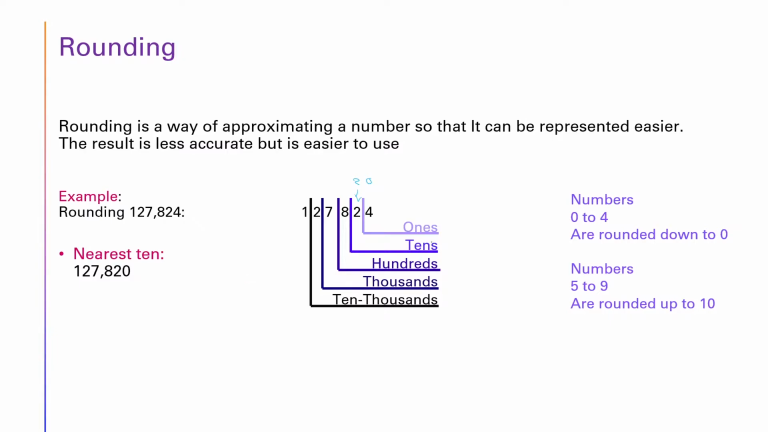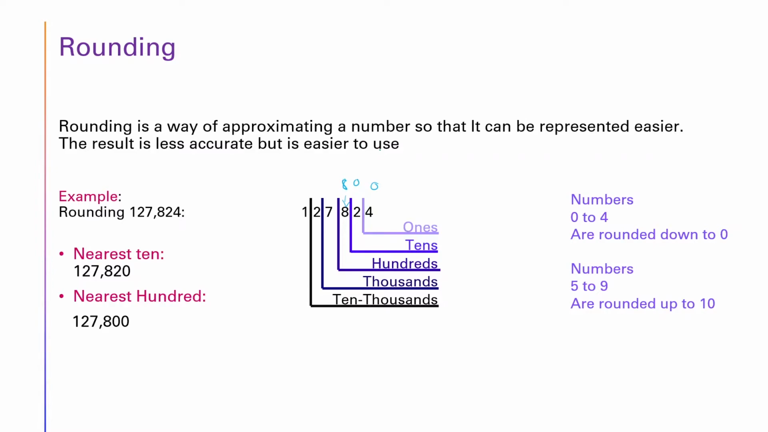127,820. Now if we were to round to the nearest 100, the number 8 would be the number we are changing, as that's in the hundreds position. Now the number to the right of 8 is a 2, and we know that numbers 0 to 4 are rounded down to 0. So 824 would be written 800. So our answer is